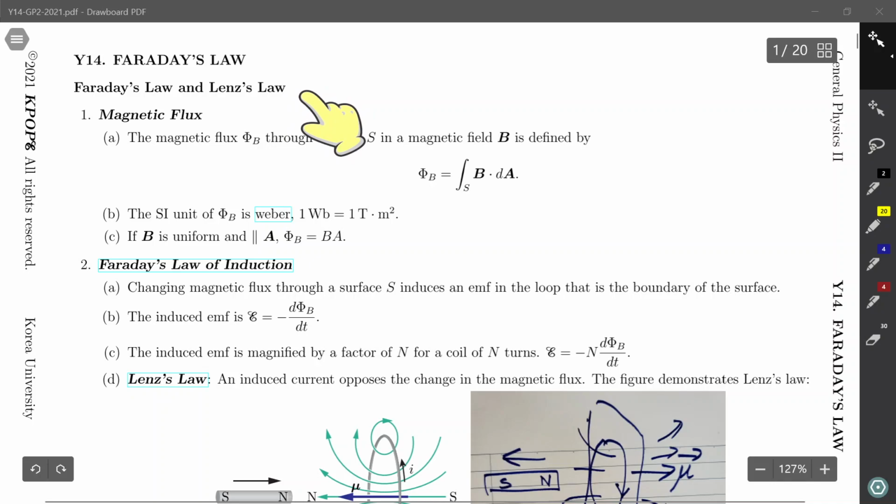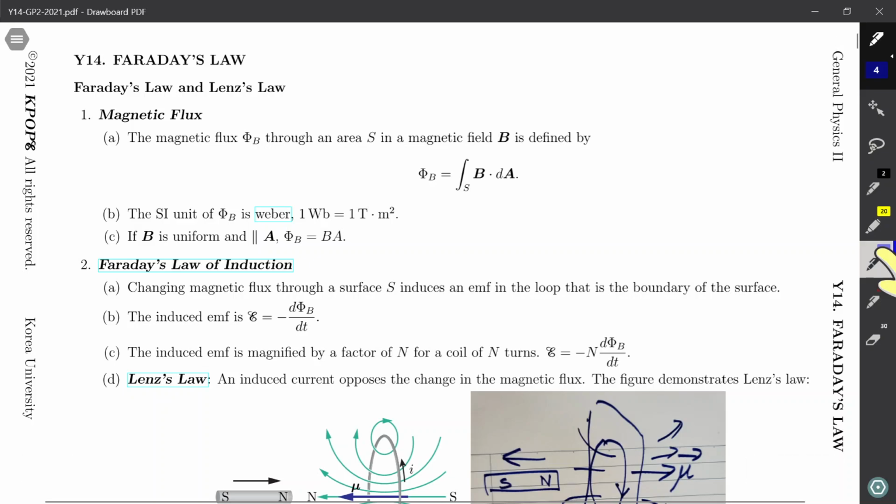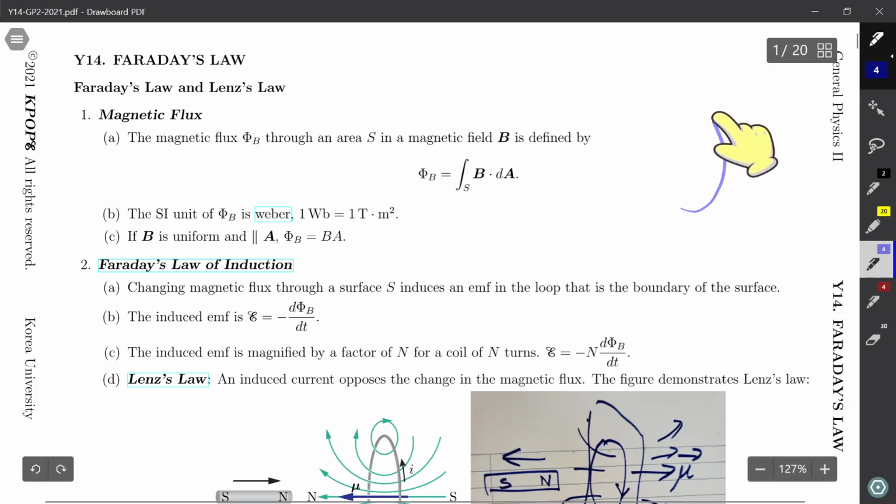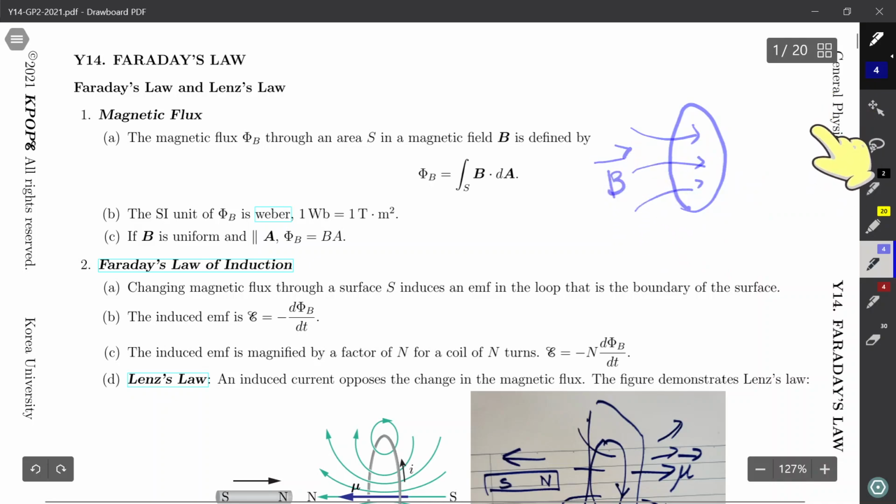Today we study Faraday's law. Faraday's law of induction is related to the changing magnetic field passing through a circuit. There's a loop and the magnetic field is coming in. This is the external magnetic field, and we define the magnetic flux